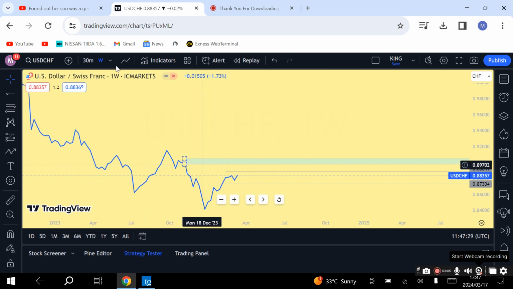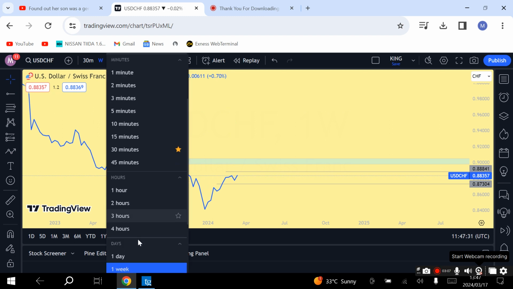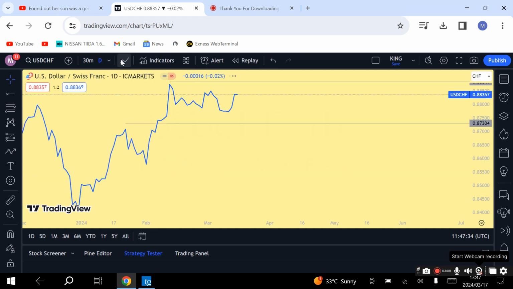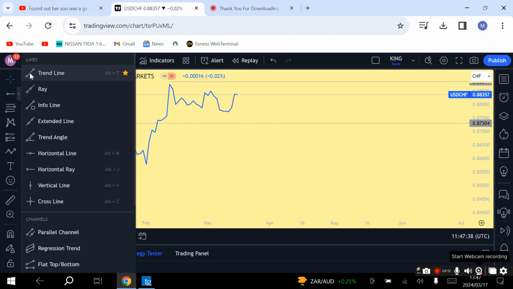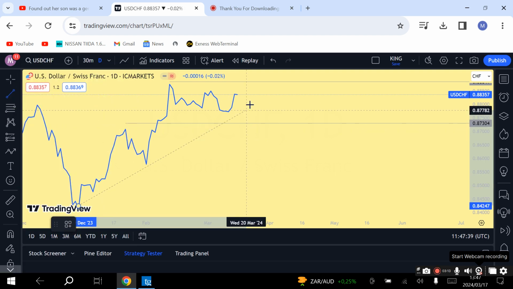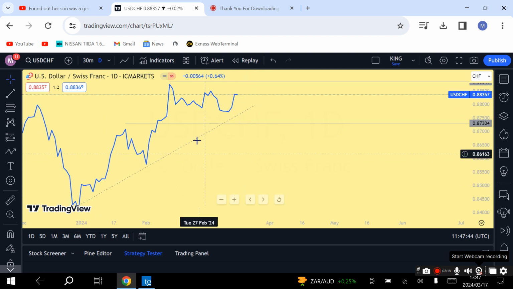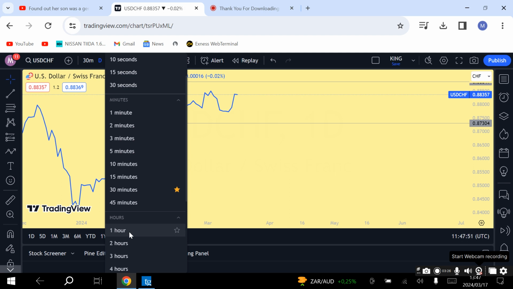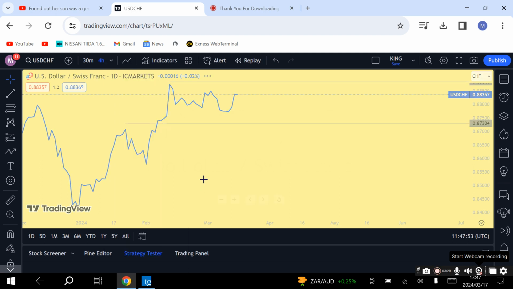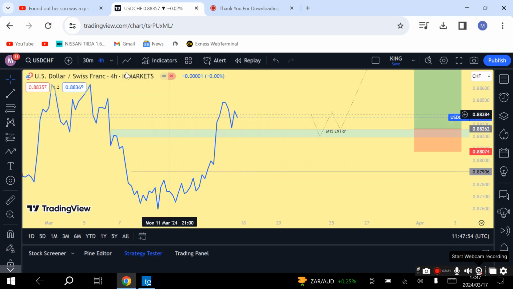So the same can be said about the daily time frame. We are bullish, right? It's quite clear. You don't have to complicate everything. You can just look at this and you know that you are bullish, right? And the H4, you are bullish. There you have it.